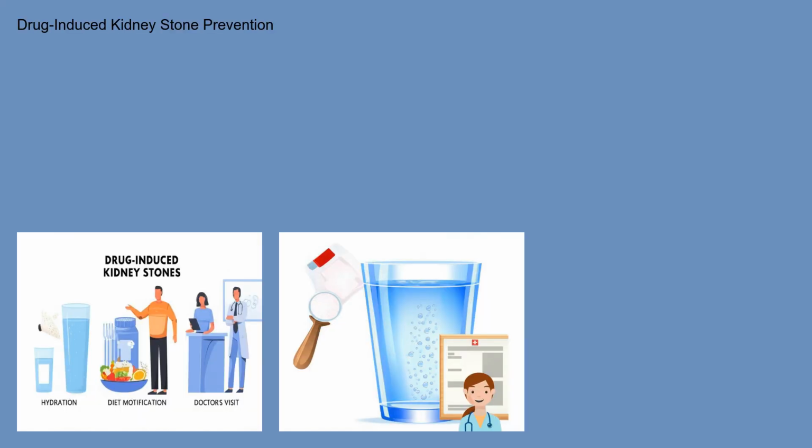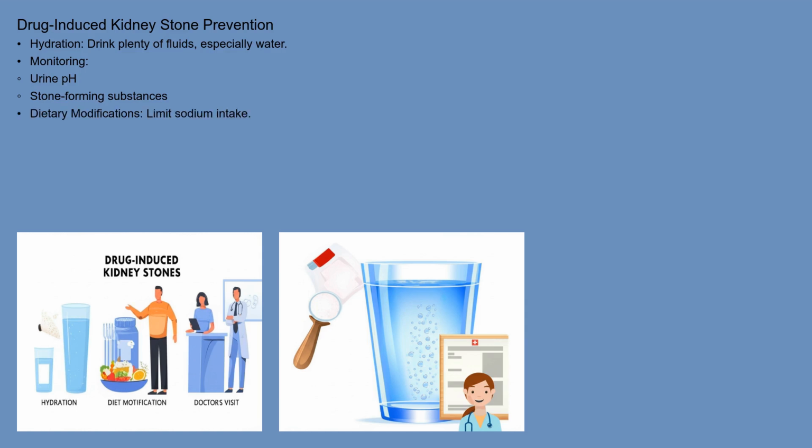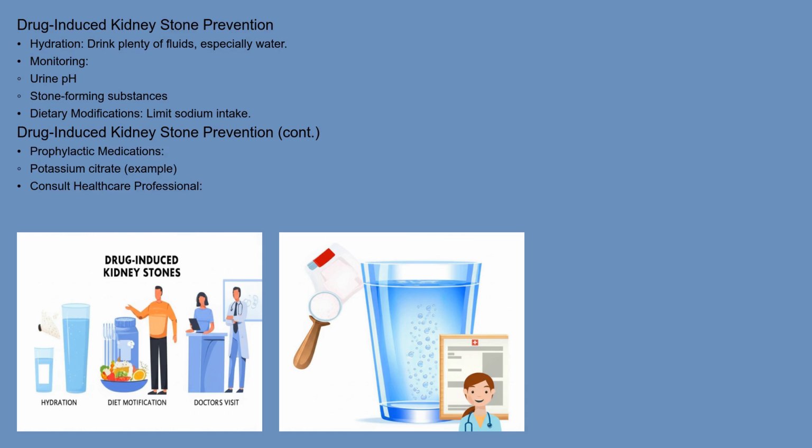Prevention is paramount in managing drug-induced stones. The most important step is to maintain adequate hydration by drinking plenty of fluids, especially water. For individuals taking medications known to cause stones, regular monitoring of urine pH and stone-forming substances may be recommended. Dietary modifications, such as limiting sodium intake, can also be beneficial in some cases. In certain situations, prophylactic medications, such as potassium citrate, may be prescribed to help prevent stone formation. Consulting with a healthcare professional to discuss potential risks and preventative strategies is crucial before starting any medication known to